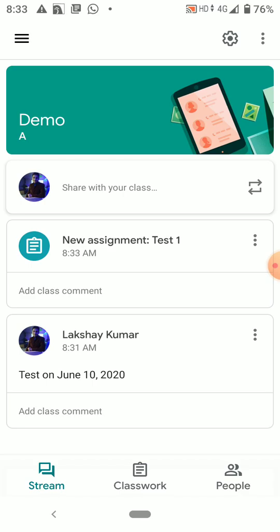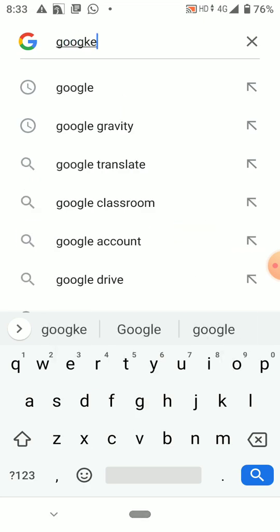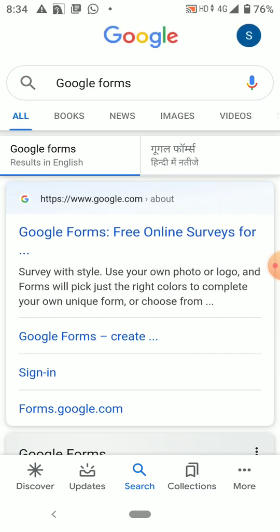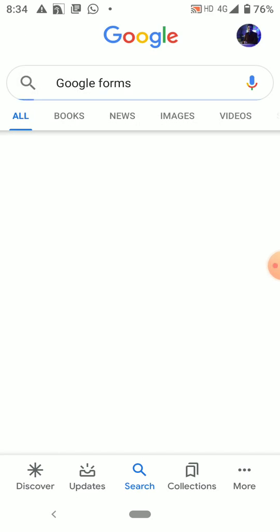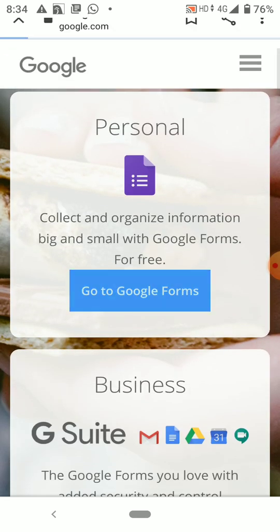So for that you have to go to Google, then go to Google Forms.